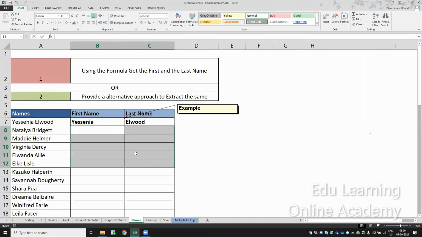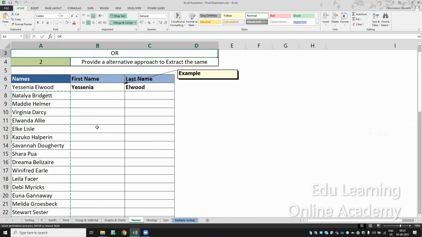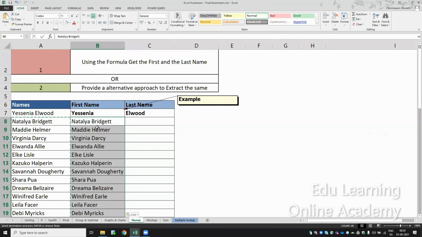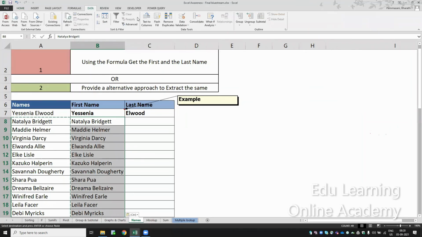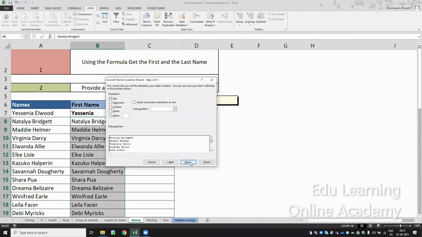So next one is names. How do you split first names and last names? First, I have to copy this one. With the help of a formula I can do it, or I can do another approach also. Just copy paste here, go to Data, Text to Columns. Click on Next. I have to delimit by space, right? So I selected Delimited and clicked on Space.